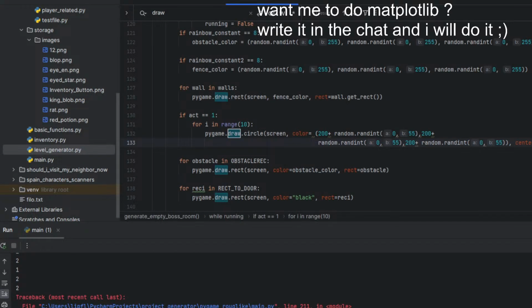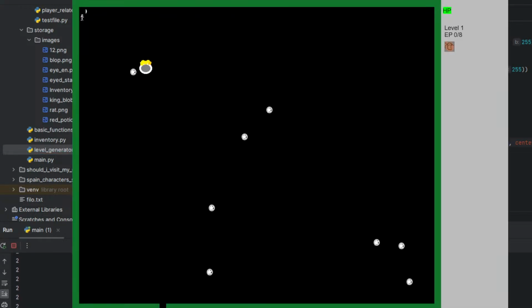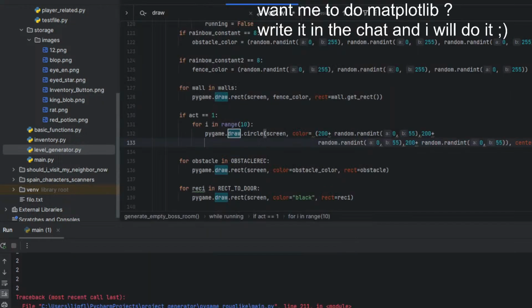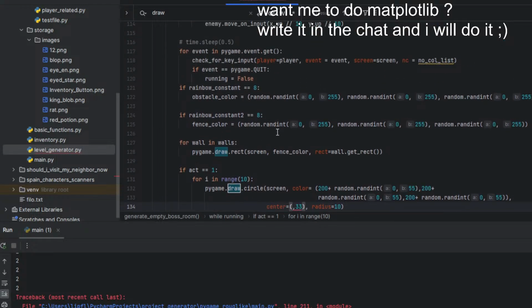And radius equals 10, without the R. Ah, here is the rectangle, yes. Perfect, so let's do it more like this. Center equals, let's say,